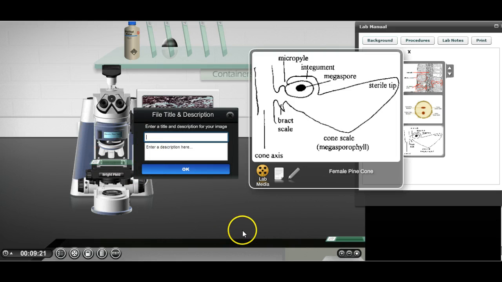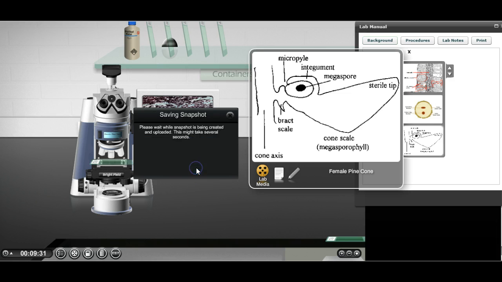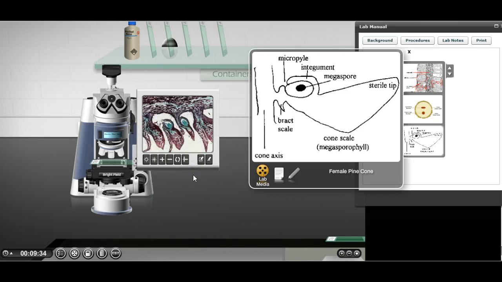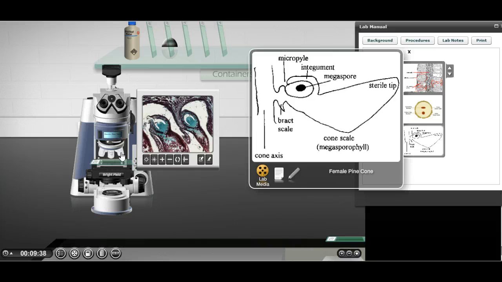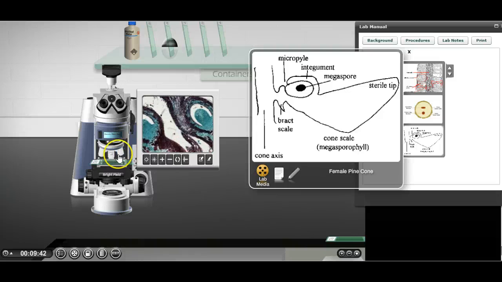So female pine cone 1x. Okay, I'll save that. Okay, now I want to go up to, there's 2x, and let's go up again to